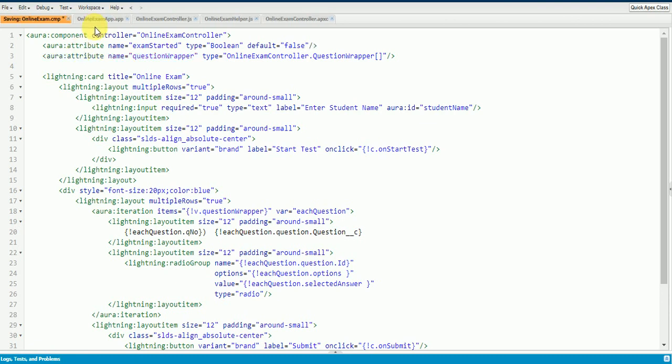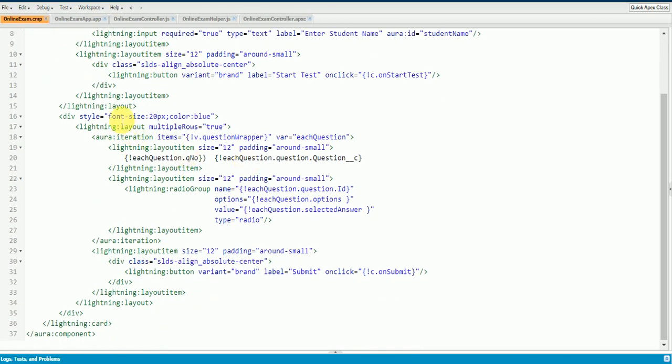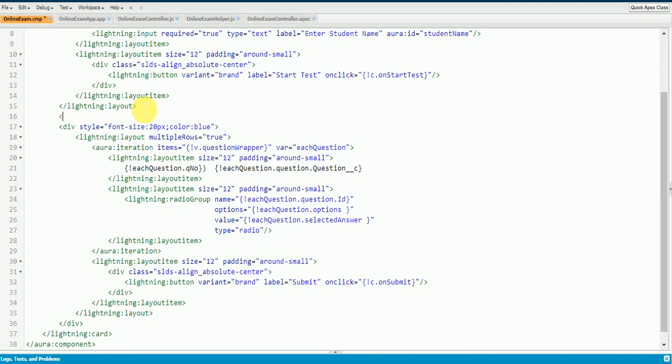I'm going to display the whole question component whenever exam started is true, so I'll make use of the if true tag. Inside this div tag, I'm going to add my code.